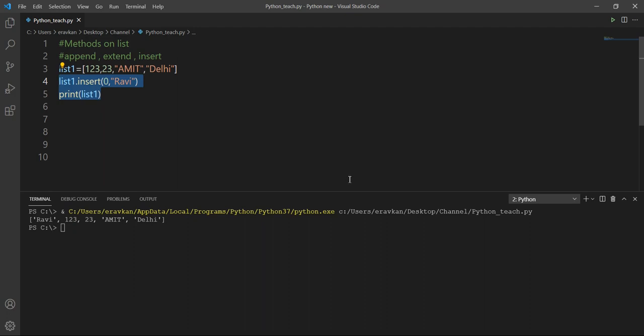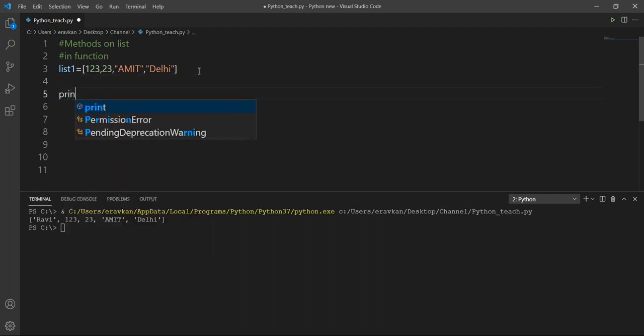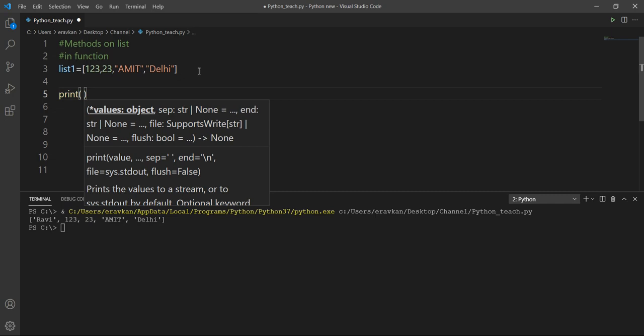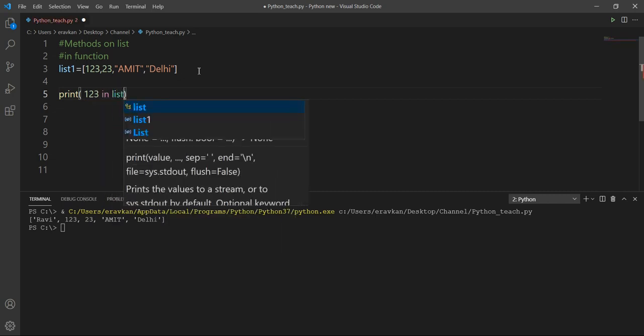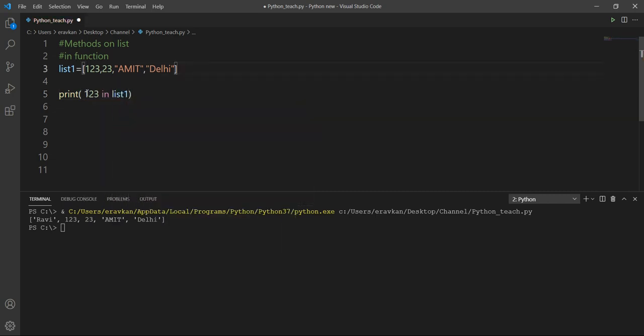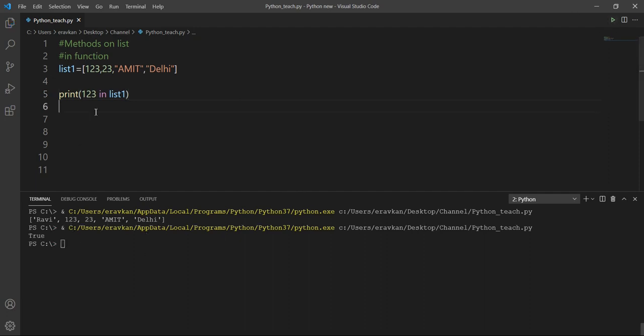Okay, then we have the in operator. What is the purpose of it? We use the in operator to check whether a value is available in our list. If I print whether 1 2 3 is in list1, I get True because 1 2 3 is present in my list.